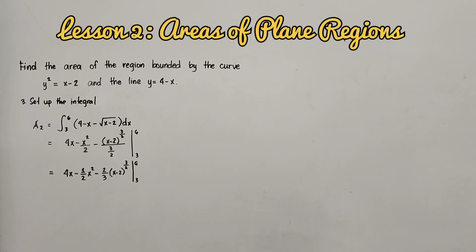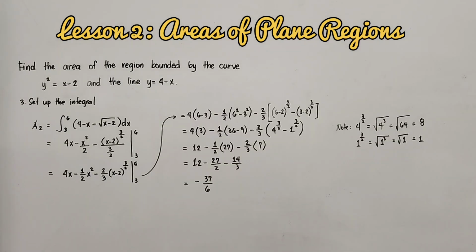Let's have now the substitution. So we have this substitution, and the result is negative 37 over 6. Since this is the area of our second region, there is no negative area, so we will just use the positive 37 over 6 as the area of our second region, which will be added to the area of the